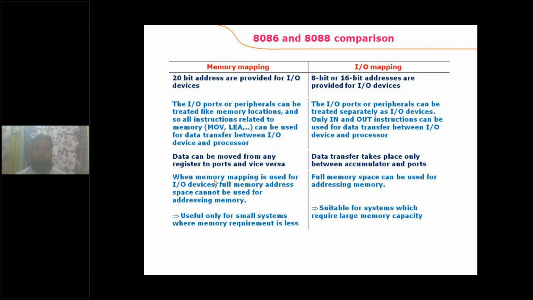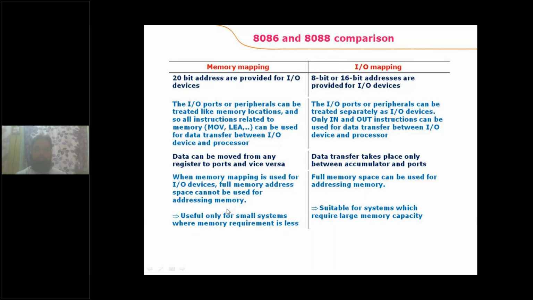Means all the IO devices can occupy the entire memory space, but it is not possible. But devices can occupy the entire memory space, means some space of the memory is being occupied by the IO devices. Whereas it is not the case in IO mapped IO, memory space is not being used by the IO devices.